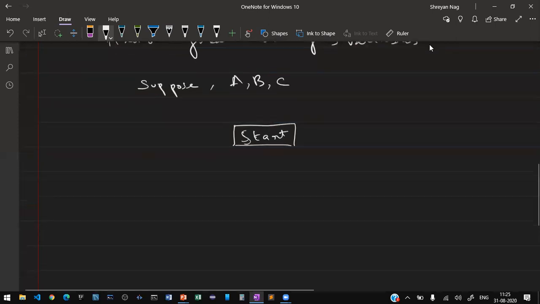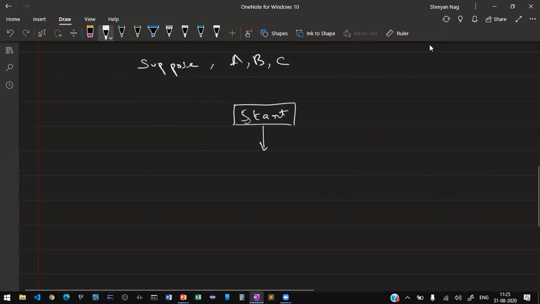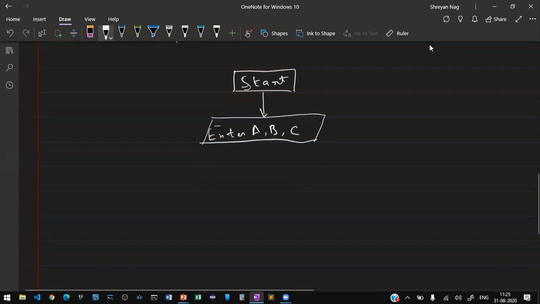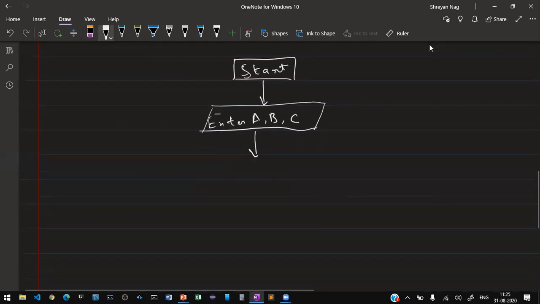Then, using the input output box, we accept the values of three variables: enter a, b, and c.